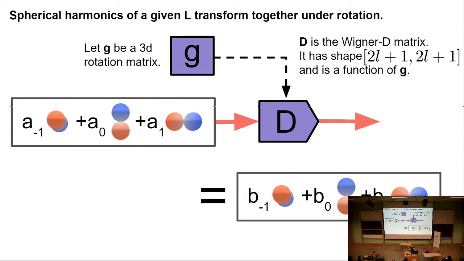If I had L equals 2, it's a 5 by 5 matrix. For L equals 1, it's 3 by 3. The cool thing is that my new function in my new coordinates still has the same angular frequency. The frequency didn't change. What did change are the relative contributions of the different spherical harmonics of that angular frequency. This is really why we're using this basis: if we keep everything organized by L's, we can easily divide everything up and know what things are interacting with what. It's a very convenient basis because we're using spherical harmonics for our filter functions, and we're using the same representation as our input.